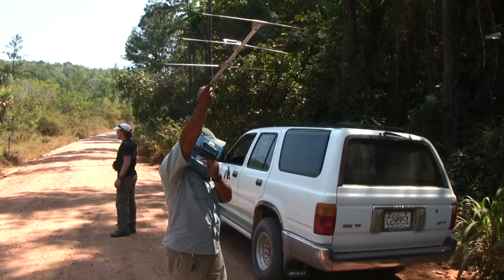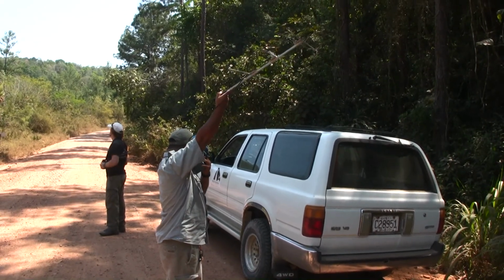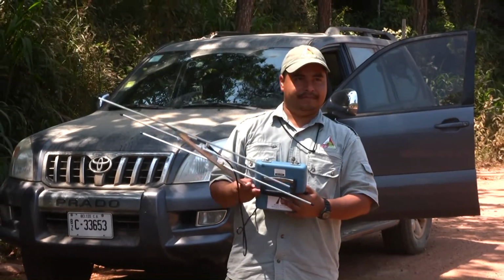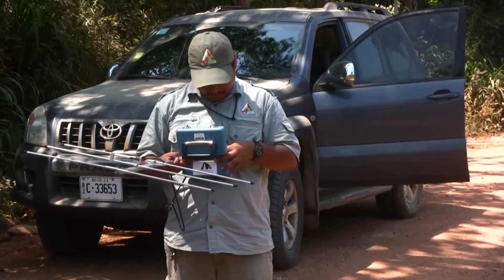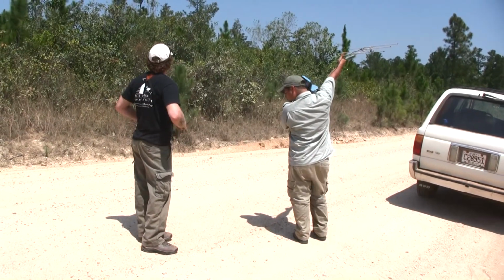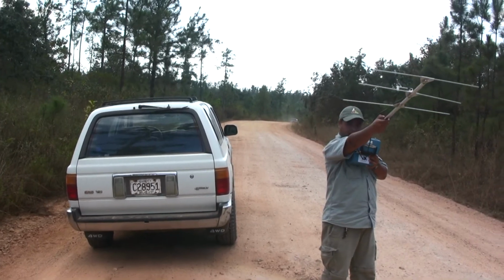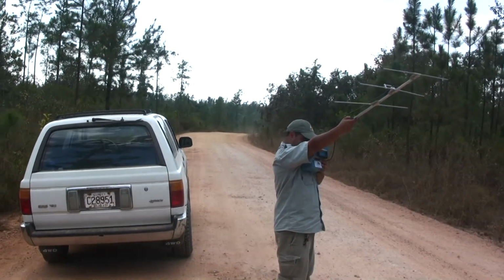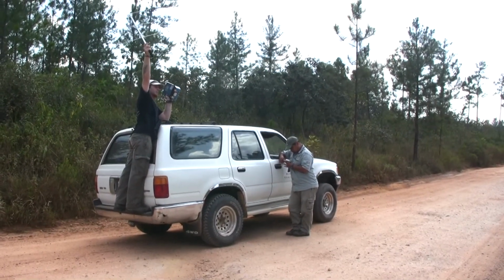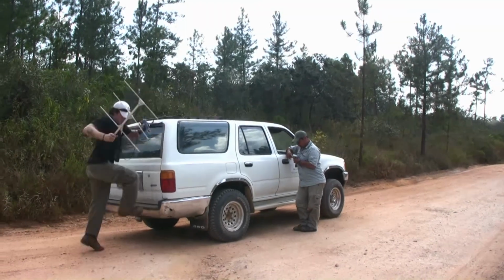But even with the help of radio telemetry, there's a lot of ground to cover and lots of locations to check. It's not around. It's farther away. Down the road. But time after time, no signal. Until